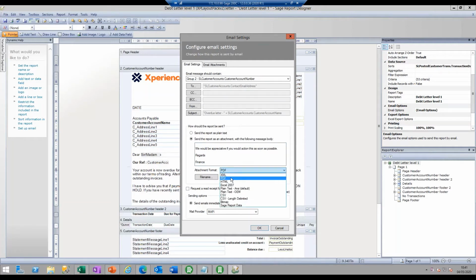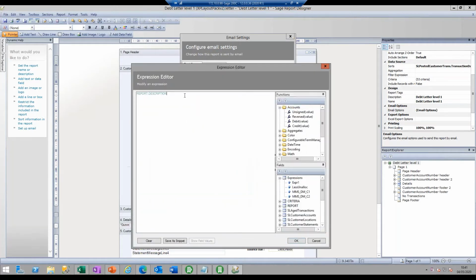You've got other options, but typically we recommend PDF. And file name, report description. That will give it the name of whatever you've called your data letter. That may not be entirely appropriate, but you can change this and add or change it around. So report description, you might actually just have text in here saying overdue